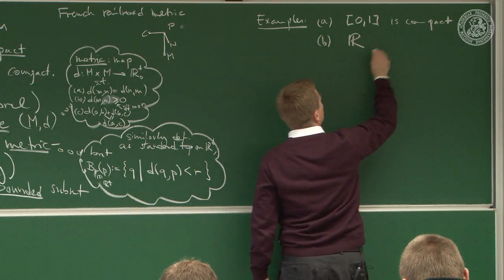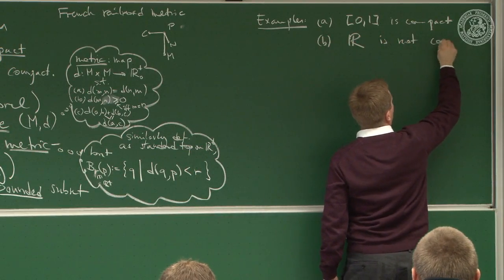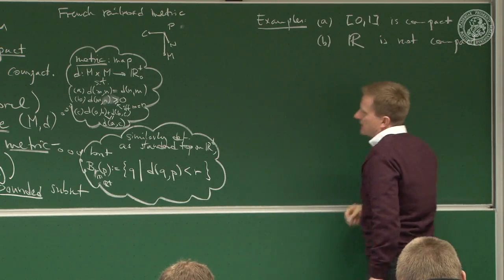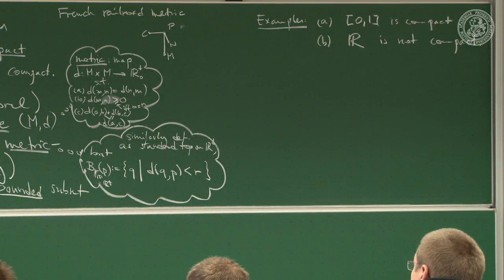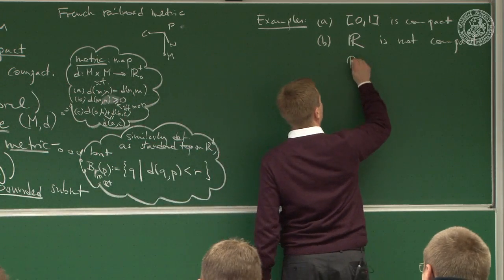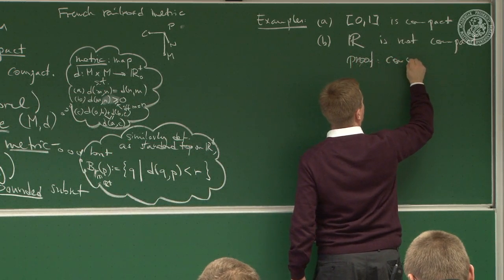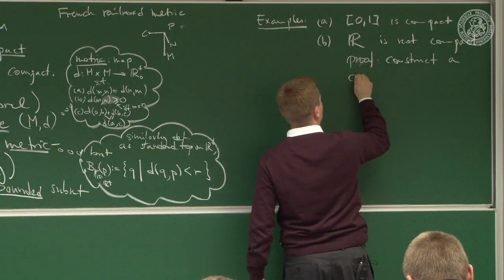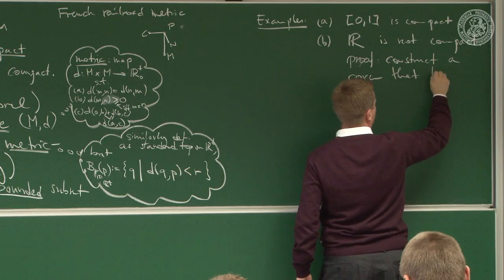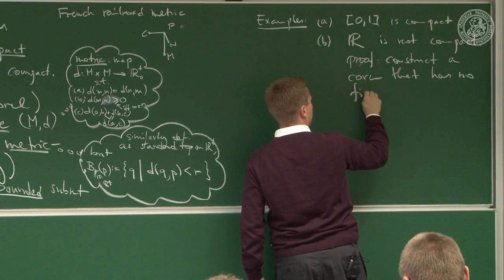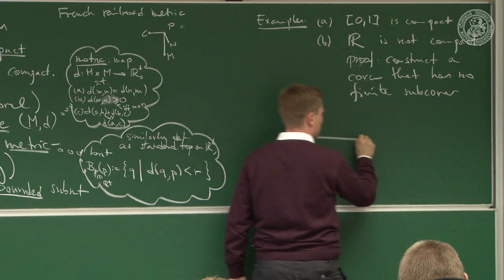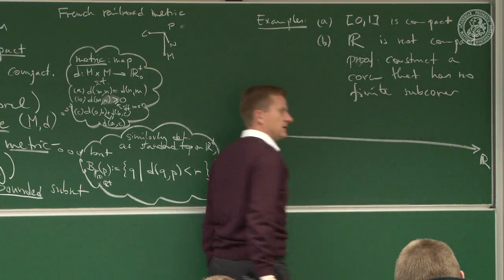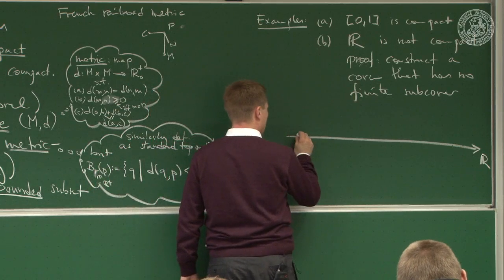The real line is not compact. Not compact is usually easy to see, because you just have to find one cover that does not have a finite subcover. Proof: construct a cover that has no finite subcover. That's the real line. And I take